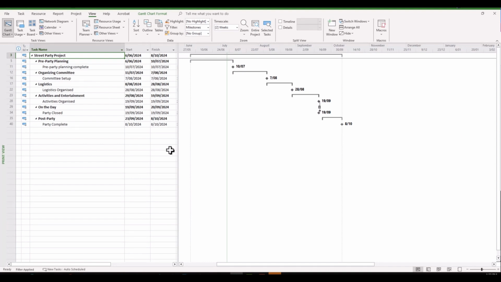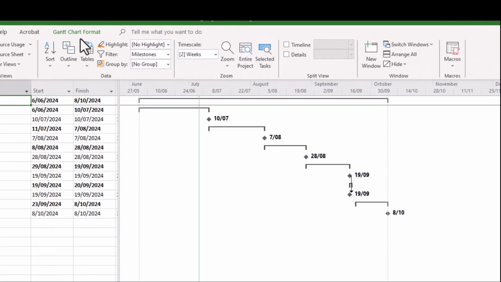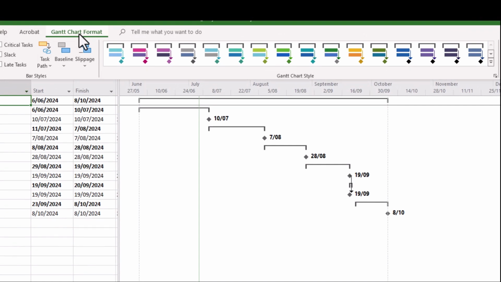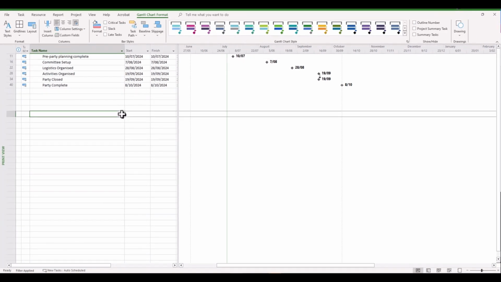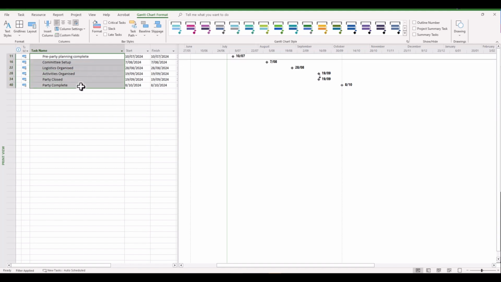Now, we might be comfortable to remove the task summary items. So how do we do that? We'll go to your Gantt Chart Format ribbon and then deselect Summary Tasks, and there you have it. You've got an easy little table there which highlights all of the milestone dates. Now we might look at the task name and the finish for our table, so we might just select those. You can do that by selecting and holding down the Control key for each of the cells you want to select. Release the Control key and then go Control C to copy, and then let's jump into our Microsoft Word